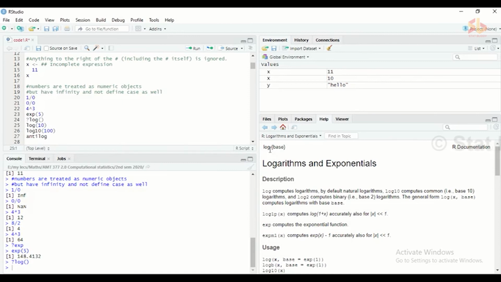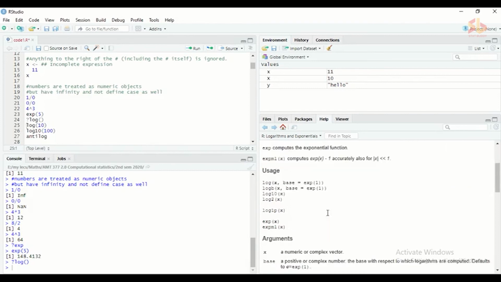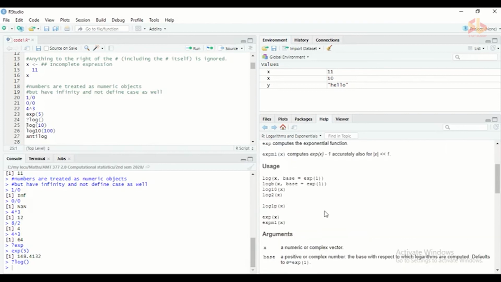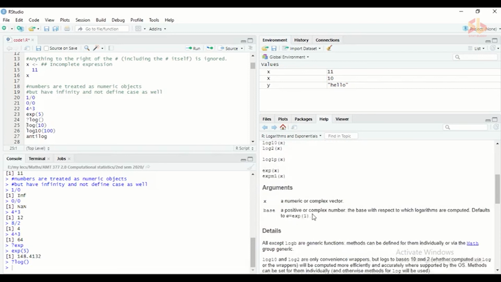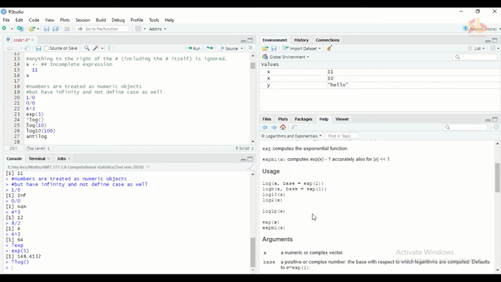Likewise, if you need to get logarithms, first you can go to log. Log is a function in the base package. The base package is a default package, so it will be automatically loaded to the session. We don't have to call it into the session. In there we have syntaxes. We have a few more functions: log, logb, log10, log2, likewise. So we can try these cases and understand the behavior.